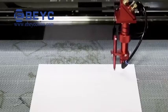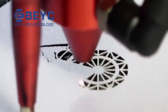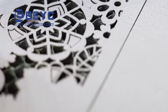Going to cut some paper with a 100-watt laser. The machine used in this video is a Boss LS2436. Cutting paper is extremely easy, and with the right settings you can cut through it quickly without leaving burn marks. Because of the level of precision in these cuts, you would ideally want to use a 60-watt laser for